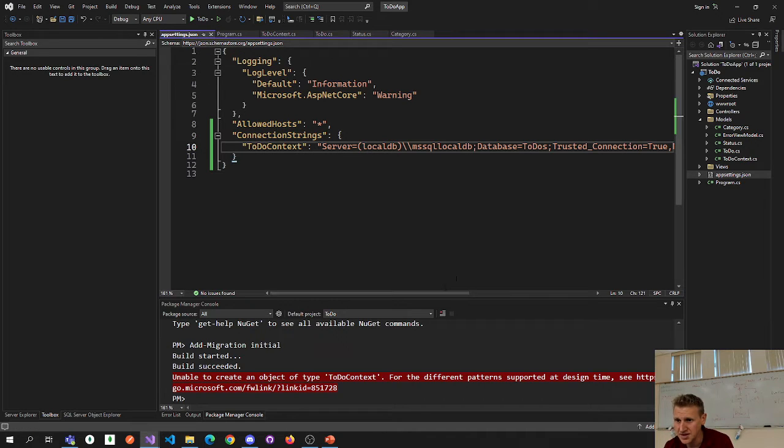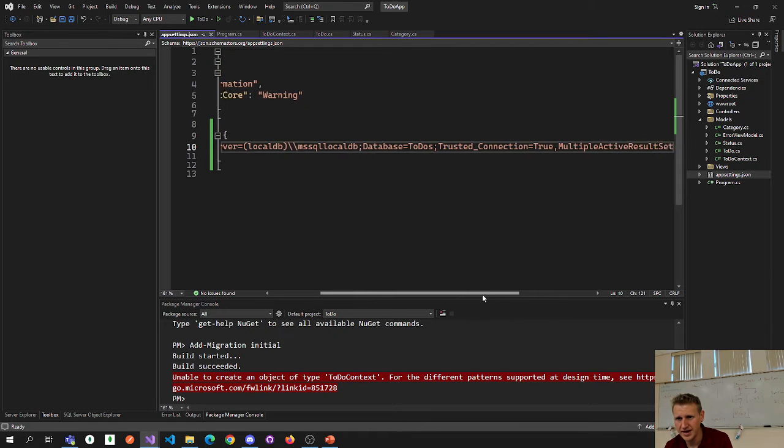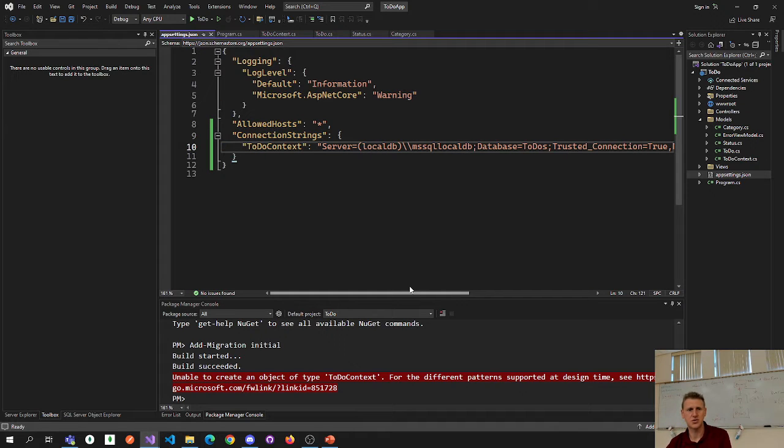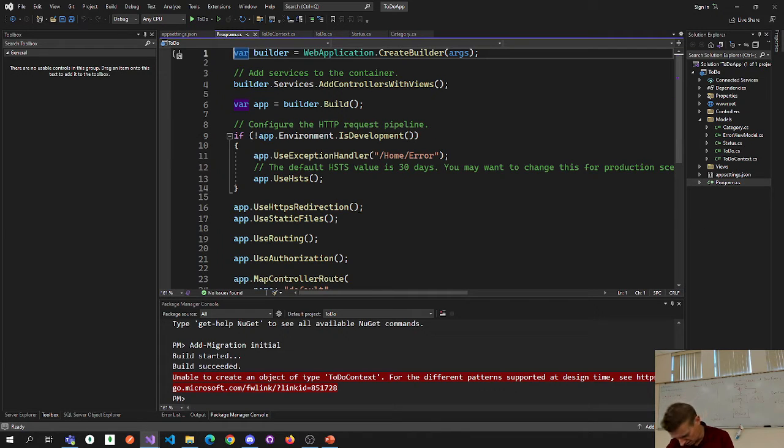ToDoContext, server, localdb, MSSQLLocalDB, database ToDos, trusted connection true, multiple active result sets is true. Okay,